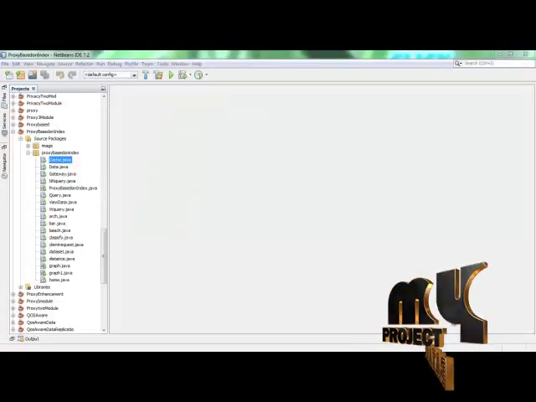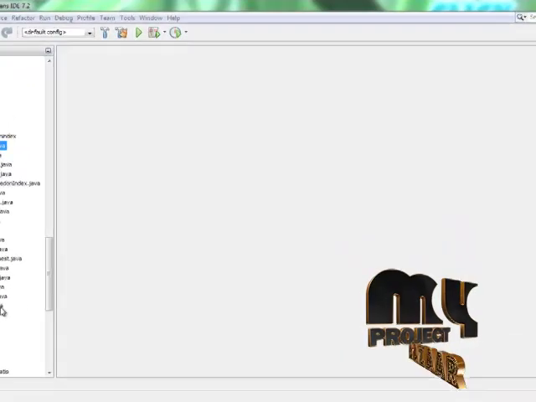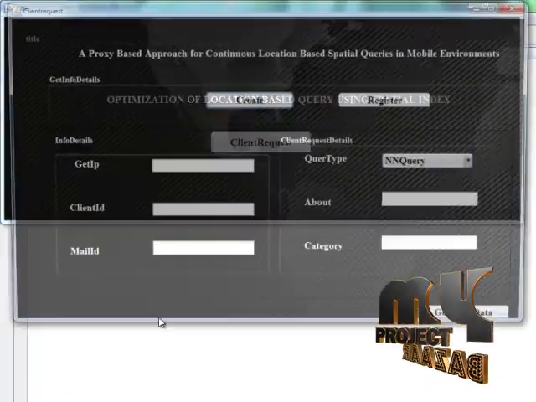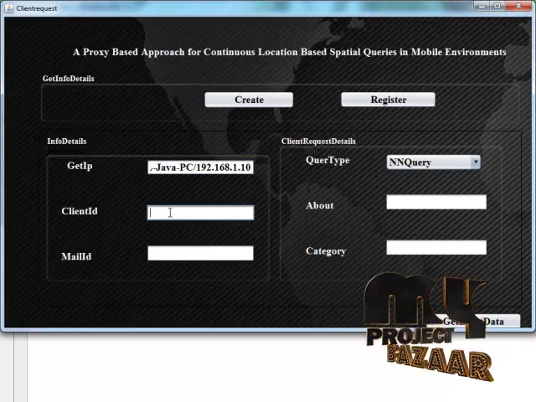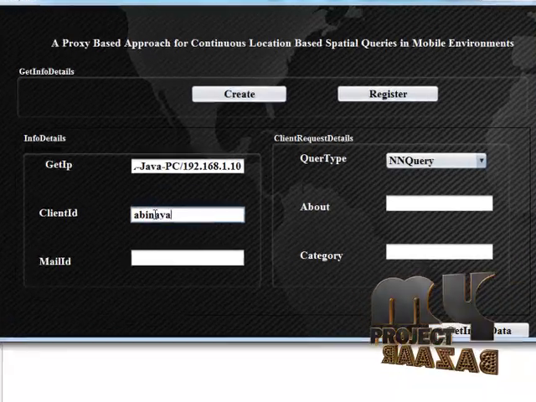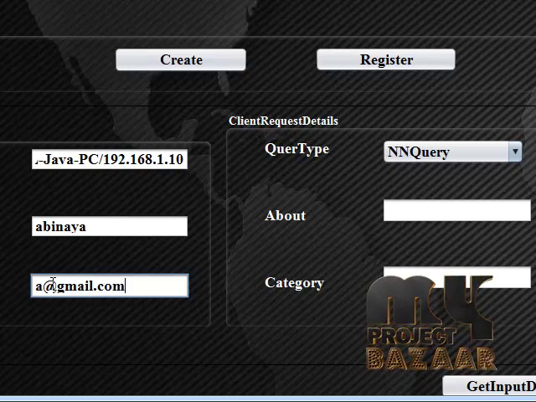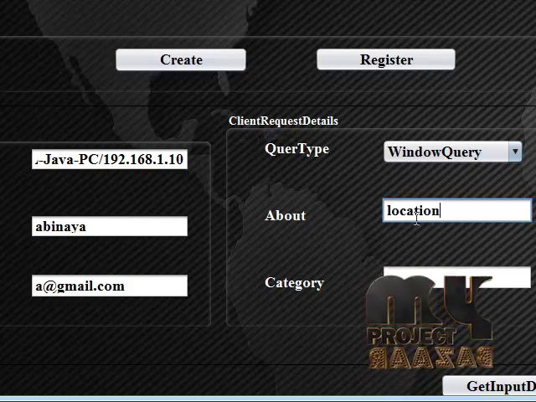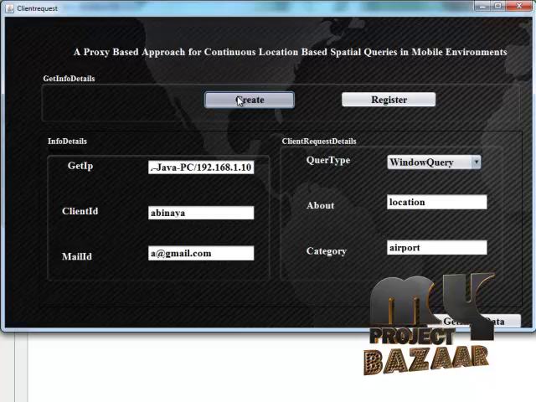Next, let me discuss the window query of our project. First, same as the NN query, right click on the home.java file, then click the client request button and enter your IP address, and if you are another user, enter your information. You are choosing window query, then location, airport, then create.